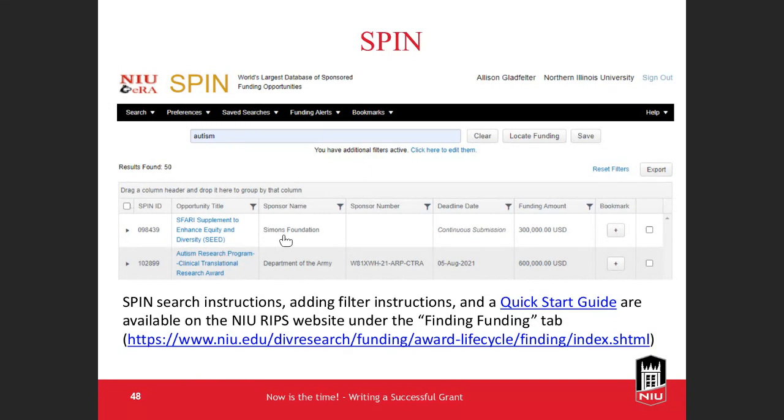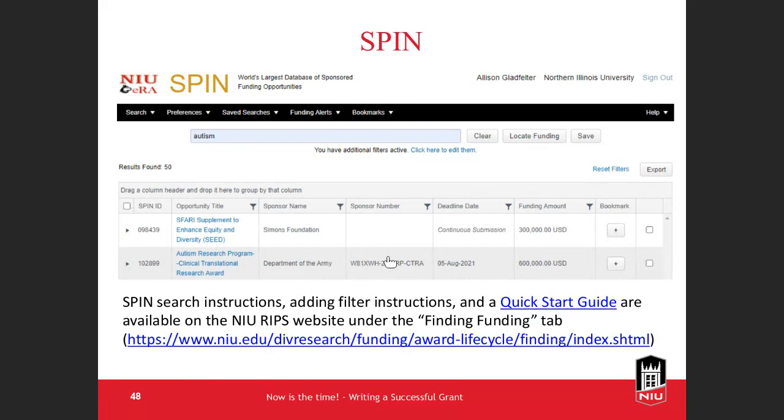Here's the Simons Foundation, a private foundation grant, and it shows you who the sponsor is, if there's a call number, when the grant is due, how much it is worth, and then you can save it and come back to it later if you want. Here's another one. This is through the Department of the Army. So we all know they've got money. Anyway, it's a nice way to have it automated and search easily for you.